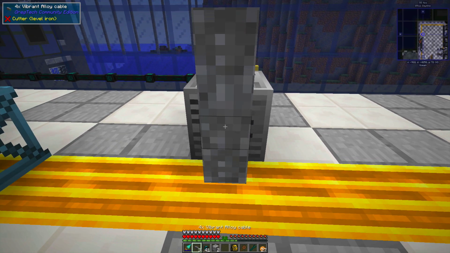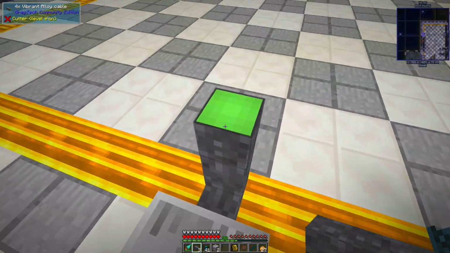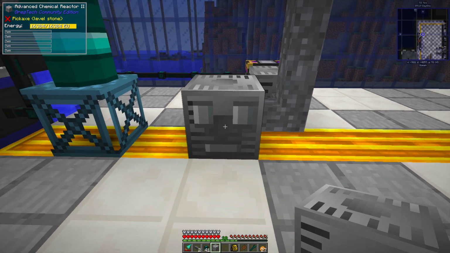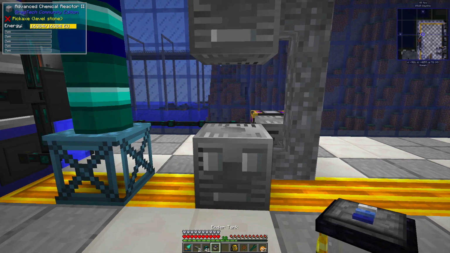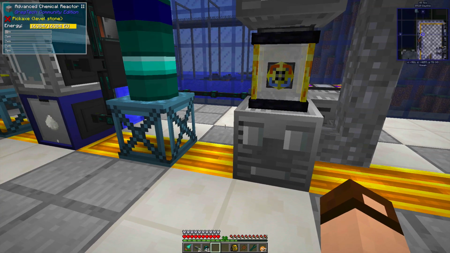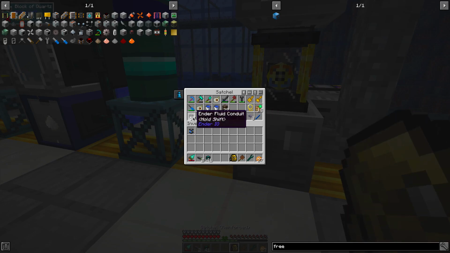Take some 4X Vibrant and stack it up 3 high, I think. Put down an advanced chemical reactor and another one up here. Now I want the ethylene to go down into this guy. And he's also going to need